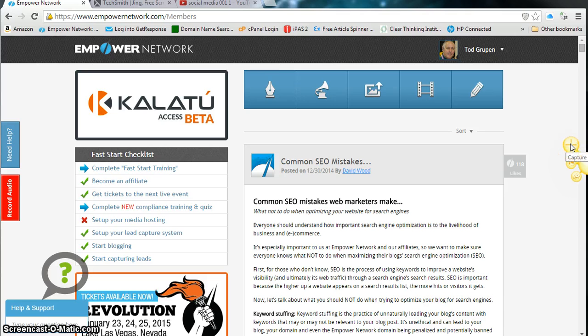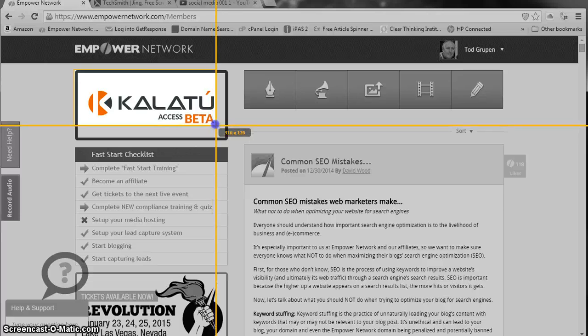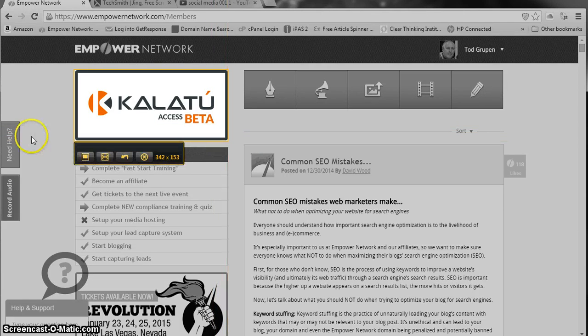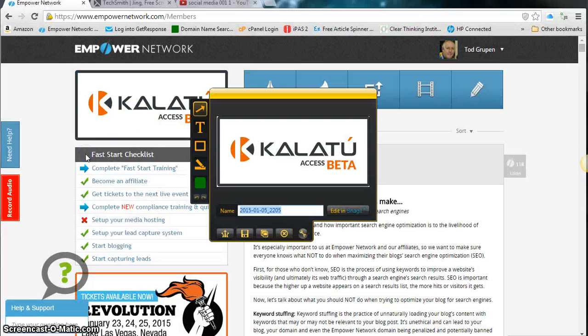How do you get started? You go ahead and click on the capture. You will get two grid lines that you will use to draw out the picture, starting from one corner of the capture area and dragging it to the other corner. And then you have the option of capturing the image, capturing a video, redoing the selection because you did something wrong, or canceling it altogether. Then it tells you exactly what the size of that picture is going to be. Go ahead, capture that image, give it a name,